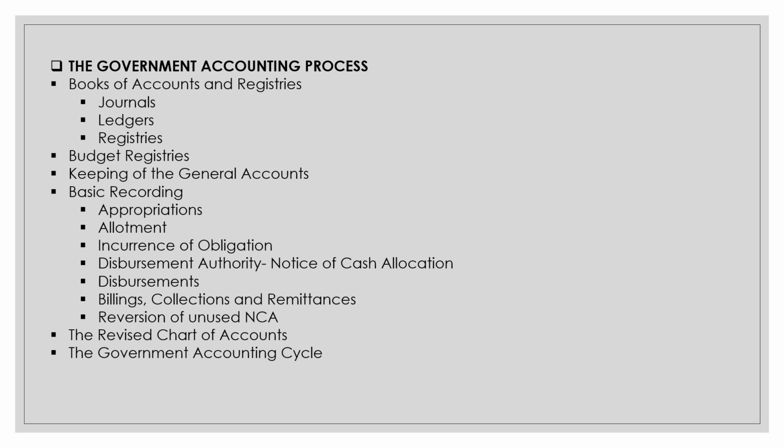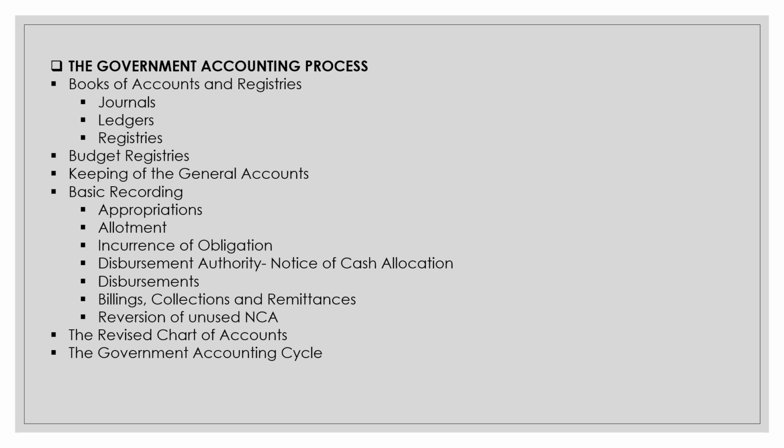the journals and ledgers. So we have the journals: general journal, cash receipts journal, cash disbursements journal, and check disbursements journal. For the ledgers, we have the general and also the subsidiary ledgers. So these two are actually the accounting records. So we have here the budget records, or the expense diary or the log books, the registries.